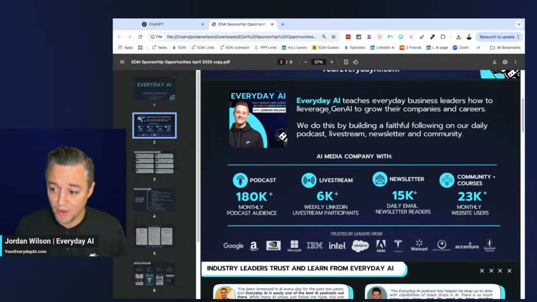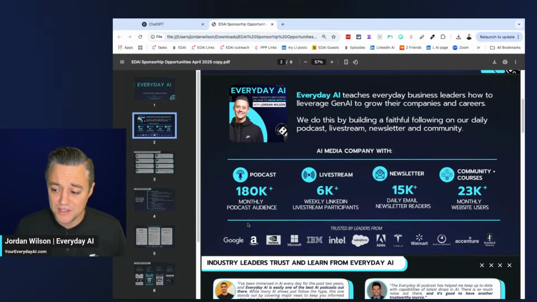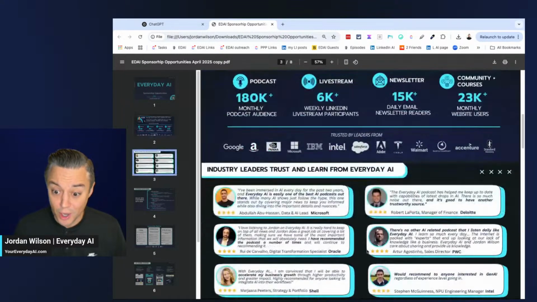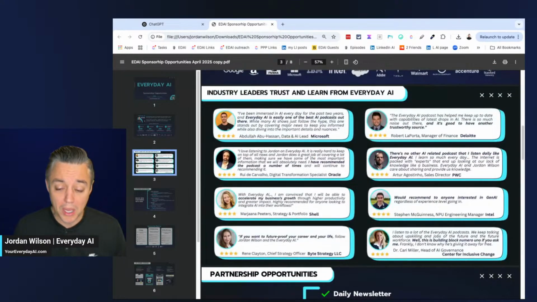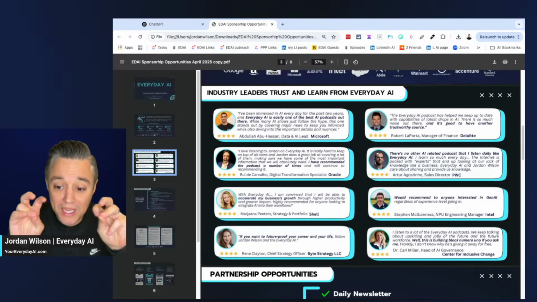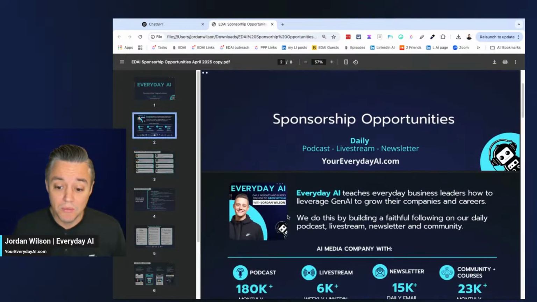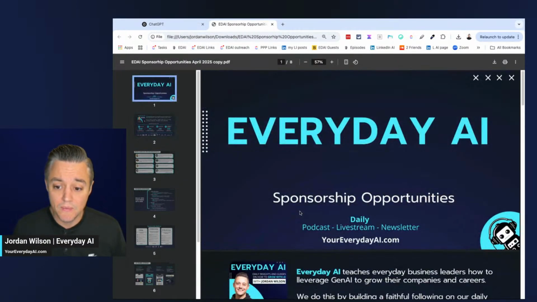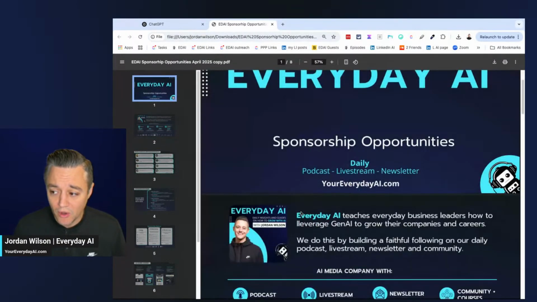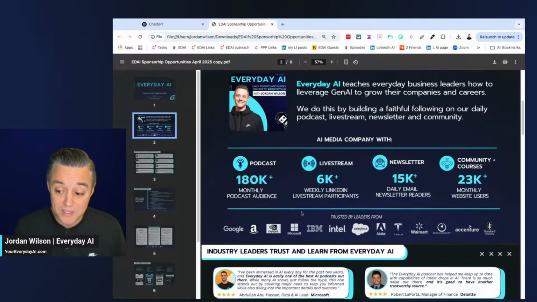So as an example, I have a page here with all these stats, but there's images, there's all these logos here at the bottom, it says like trusted by leaders from. So these are all people that listen to our podcast, read our newsletter, etc. So it's a bunch of these logos. When you talk about traditional OCR technology that can, quote unquote, read a PDF, when you talk about computer vision, the technology 6 months ago would greatly struggle to go through and transcribe this